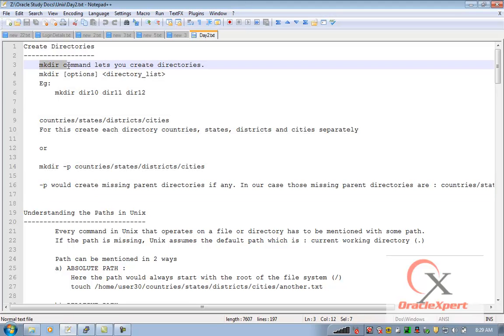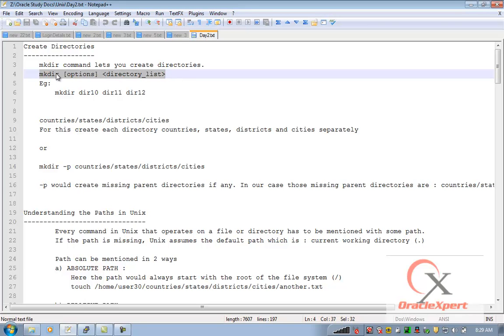In general, the mkdir command lets you create directories. So when you want to create directories or folders, we'll be using the mkdir command. In its generic format, mkdir is written as mkdir followed by options if any, followed by the directory list that you would like to create, which means I can mention one or more than one directory to be created. If I say mkdir dir10, dir11 and dir12,